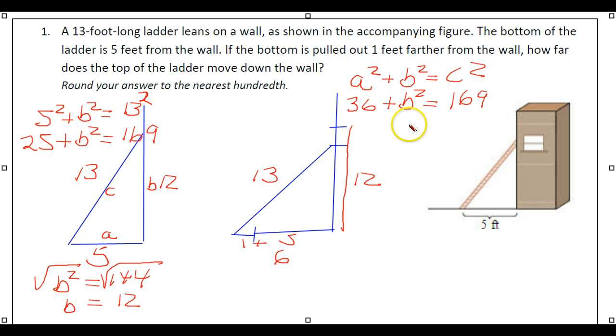So now I'm going to subtract 36 from both sides, and I get 133. Now I take the square root of that, and again I'm only interested in the positive value. I get B equals, well, it's approximate here. When I take the square root of that, I get